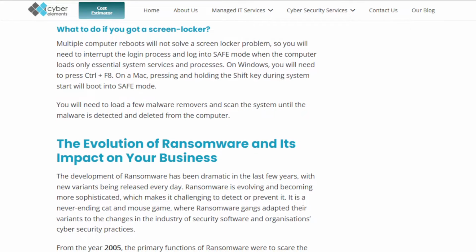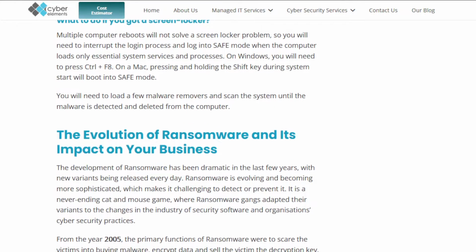You will need to load a few malware removers and scan the system until the malware is detected and deleted